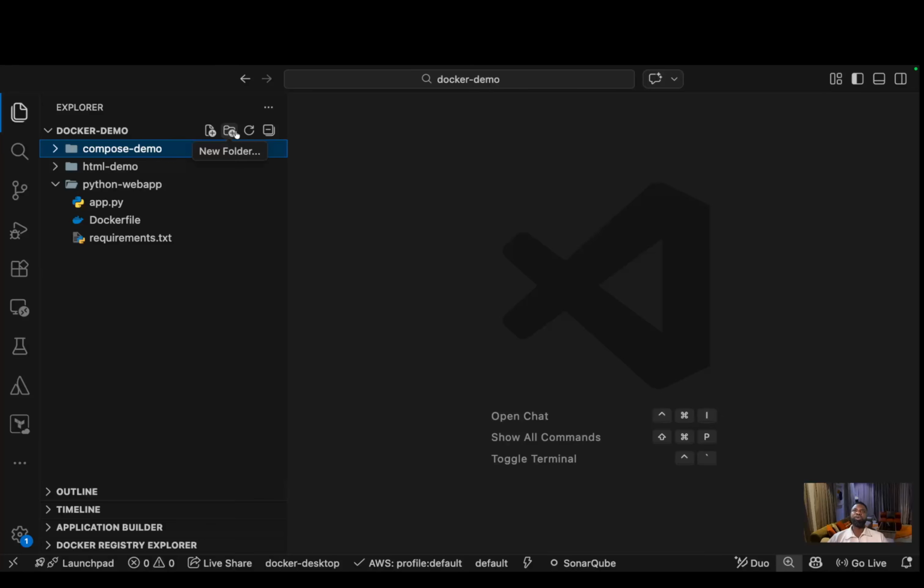And so that's what we are going to work on today. It's a simple web application, and then we will learn how to use Docker Compose to spin up all these 3